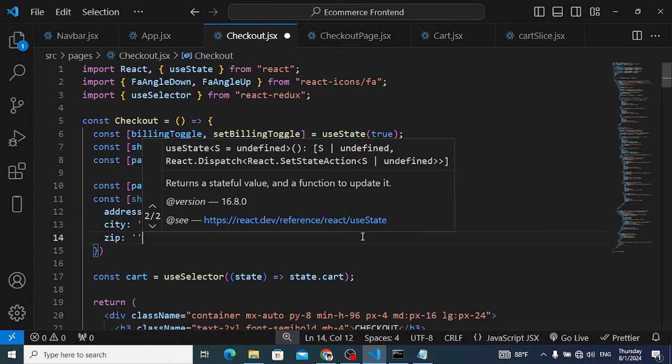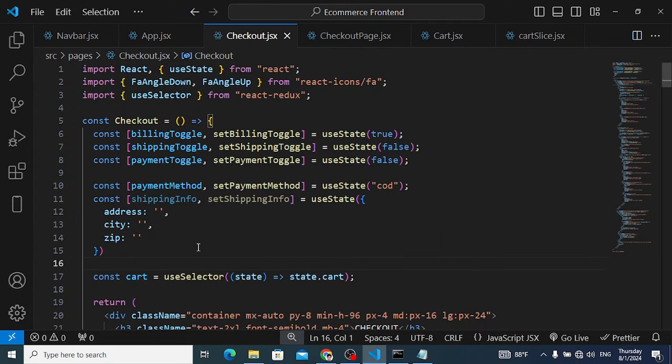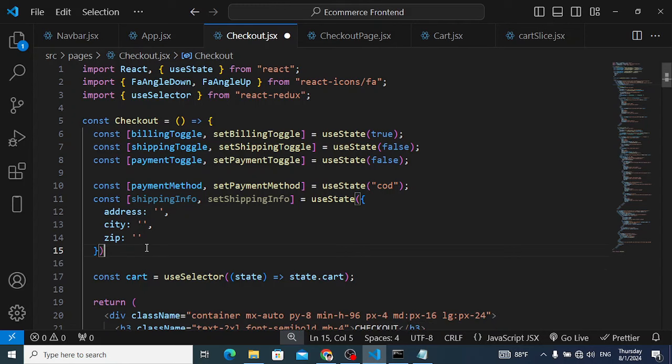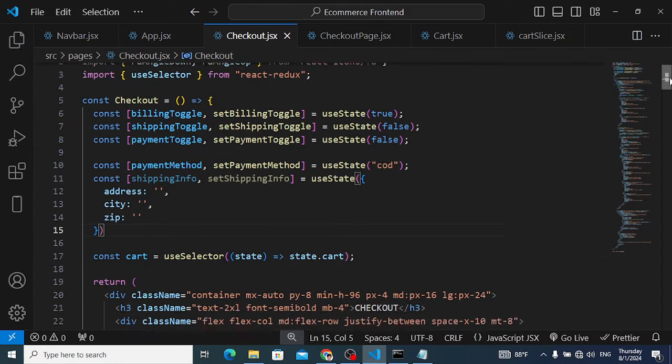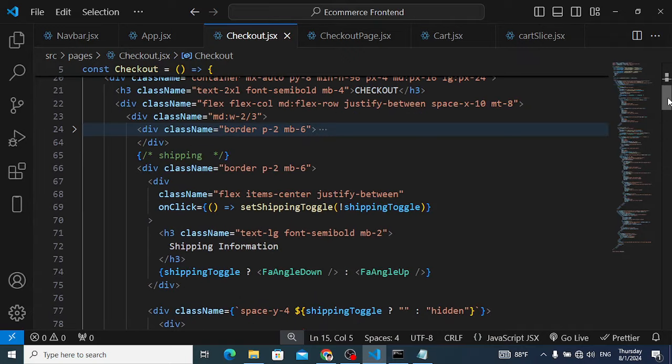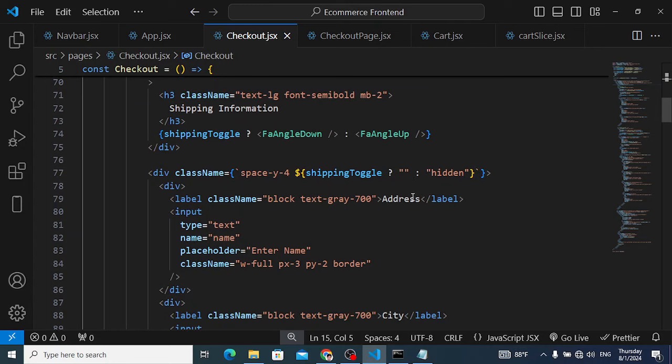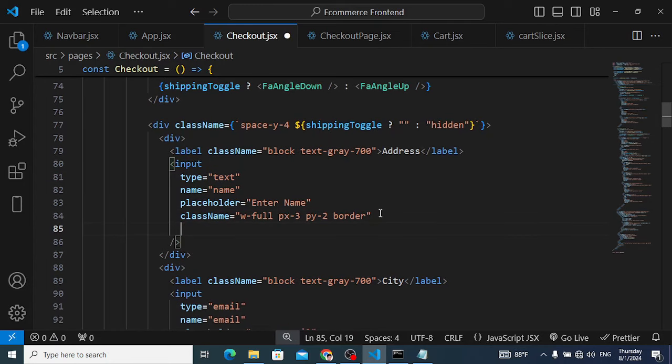The barcode is empty. So now let's store values inside these. To store inside that, for example, we will do inline. I will change everything there: address, city, and zip. Yeah, shipping information, this is, come here, address, and change